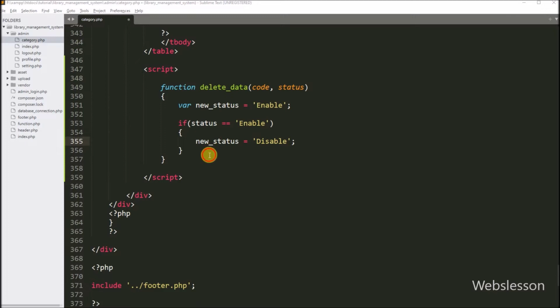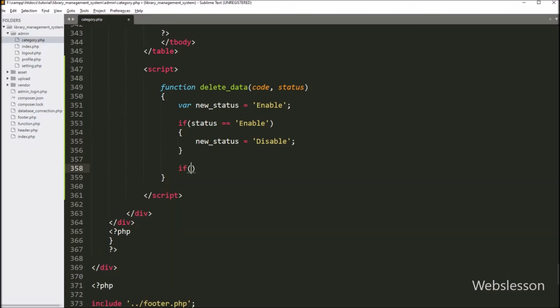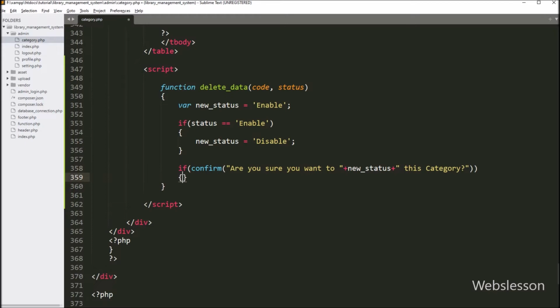Now we have written an if statement, and under the condition, we have written a JavaScript confirm statement with a message like are you sure you want to, the value of the new status variable, this category. So it will pop up a message on the web page with OK and cancel buttons. If the admin clicks on the OK button, then it will execute the if block of code, and under this block, we have written